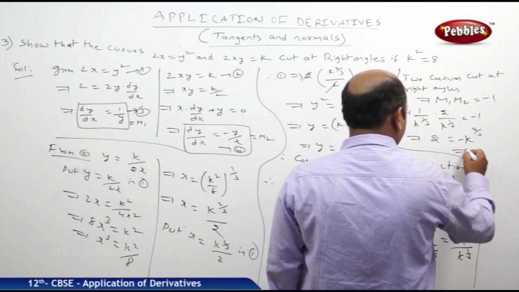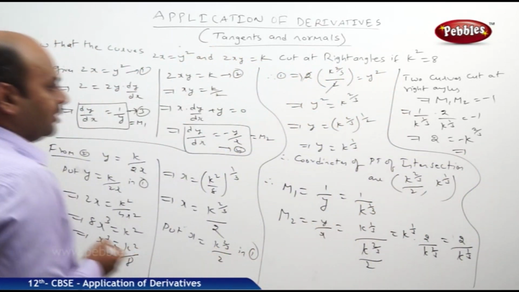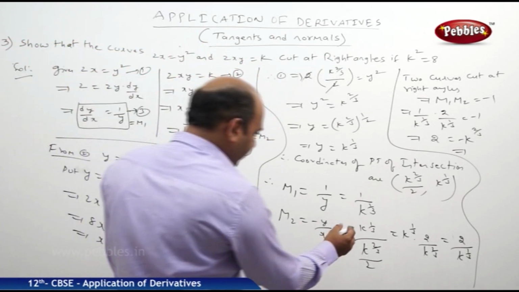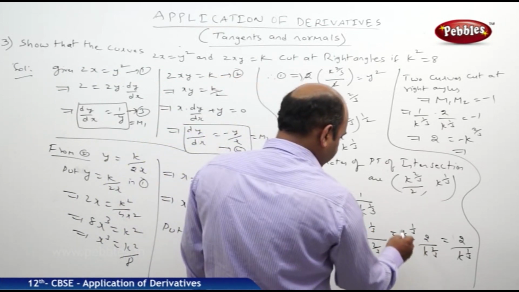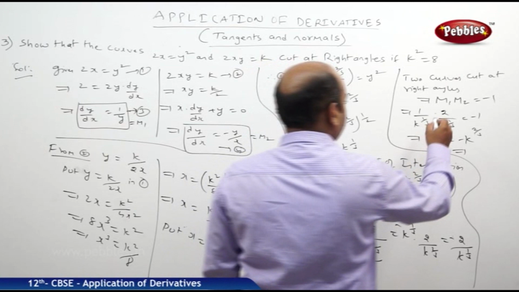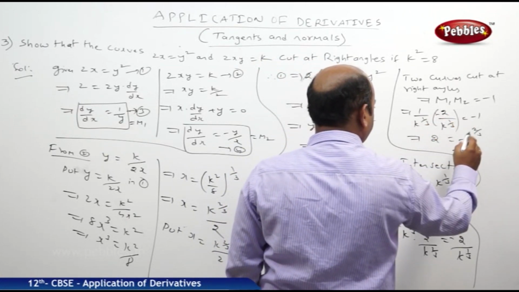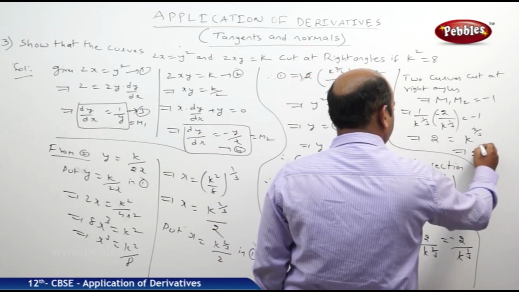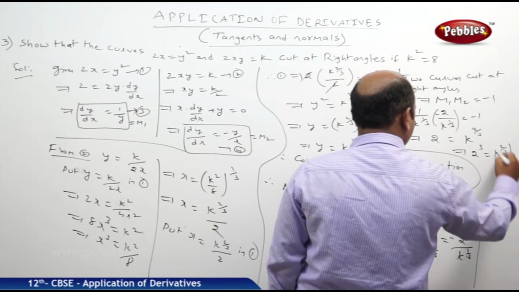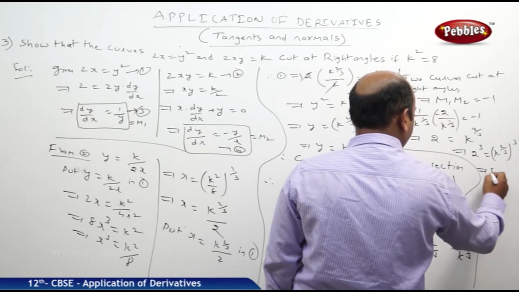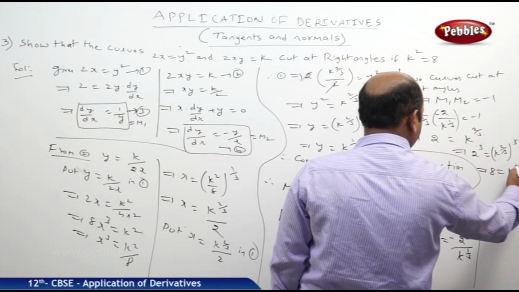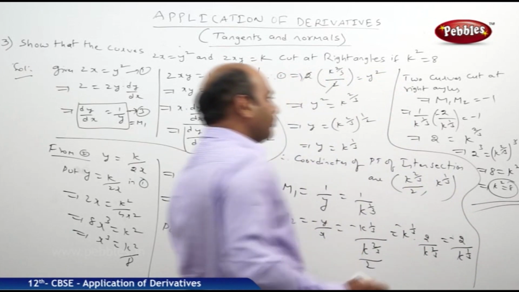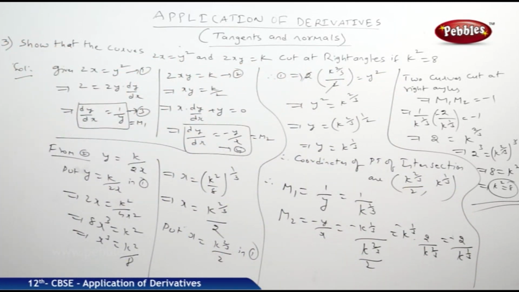Now what I will be doing? Cubing on both sides. Cubing on both sides means here a minus will be there continuously. Here minus, and here minus, and here one minus for us. So minus minus gets cancelled. So just remains k. So cubing on both sides means 2 cube is equal to k power 2 by 3 whole cube. So 2 cube means 8 and 3 will be getting cancelled. Finally k square I got. So k square is equal to 8. Very important problem. It's a higher order thinking problem.